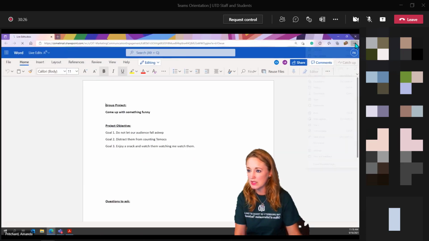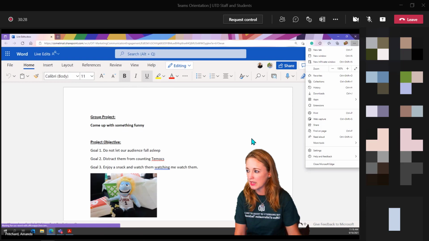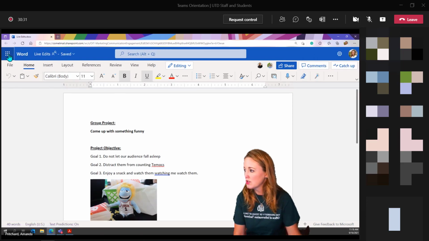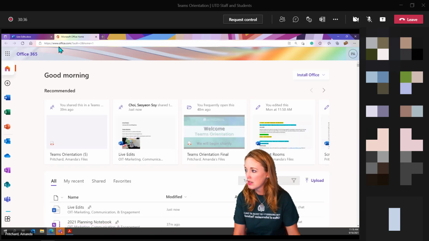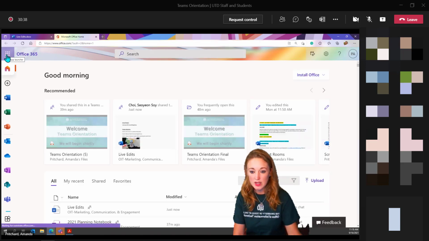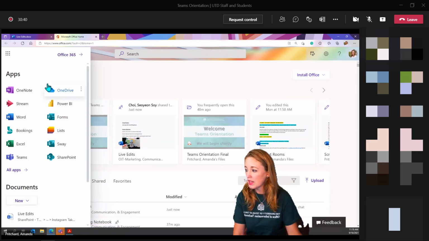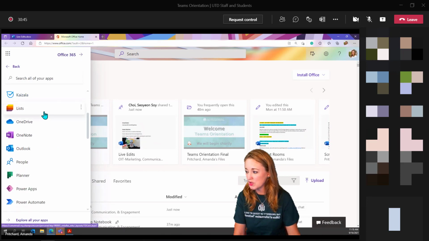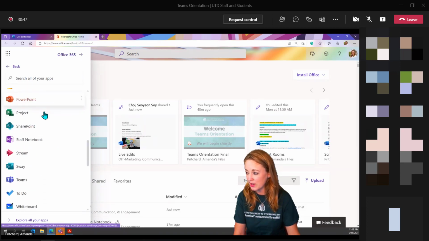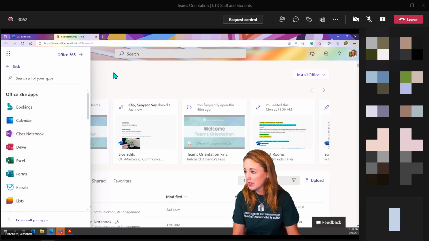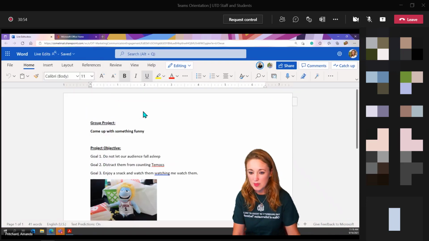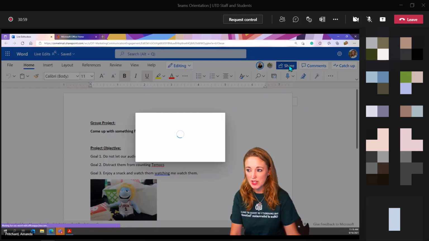So I'm going to pull this over here. Let me see. I'm going to load this up and zoom in a little bit to make sure everybody can see. So what we went to first was office.com. I'm going to jump back over there real quick just so you can see. Office.com, you can click on the icons up at the top here, and you can see all of the different apps that are available, and scrolling down, you can view everything you have access to. So this is where we started. We started here, and we created a document in Microsoft Word,